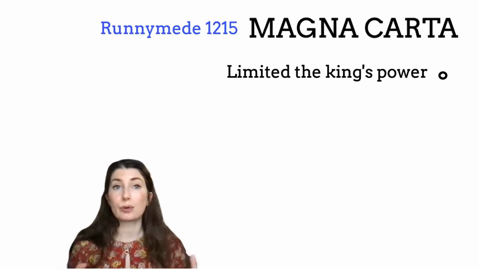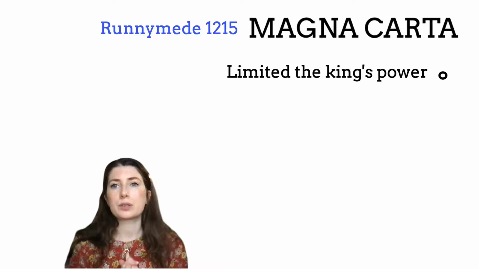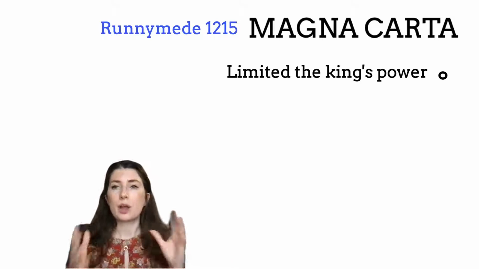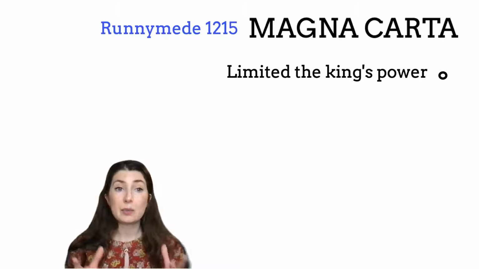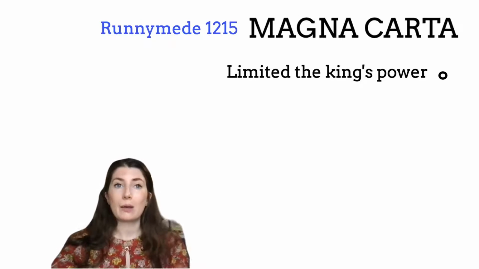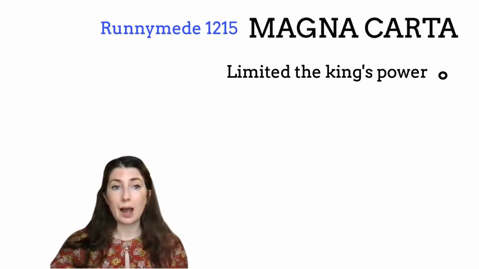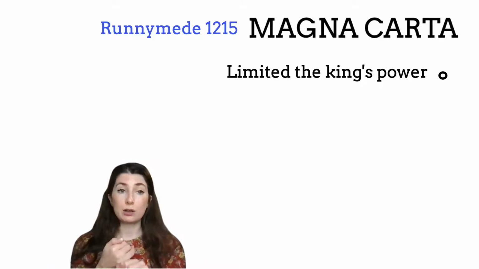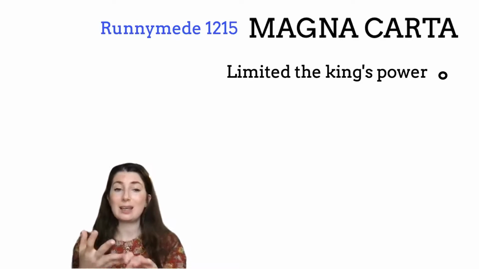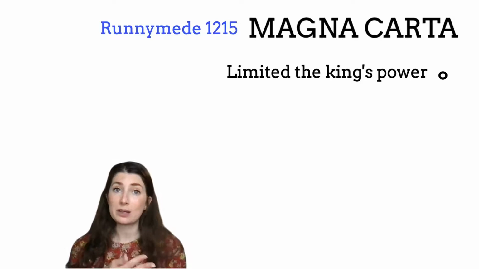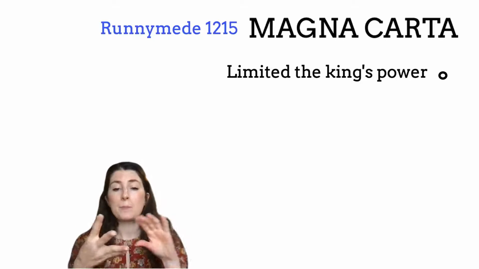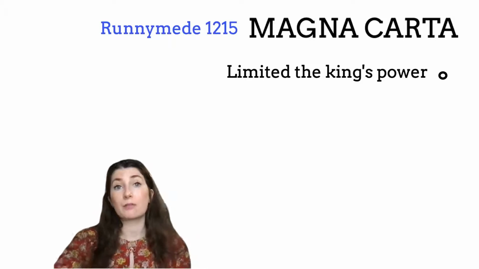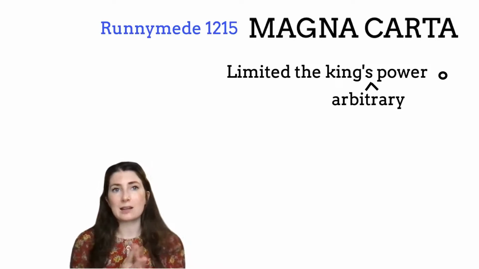First thing I'm going to do is brainstorm the most important outcomes of this document. So I'm thinking, first of all, it limited the king's power. Now, in order to elevate that vocabulary, which is something I'm going to talk about a lot, because to get grade 9, we need to not only follow the structure that I gave you previously, we need to include those academic points that I described in the last video, points that are not obvious, not from the textbook, but we need to elevate our vocabulary. So we're going to add in the word arbitrary.